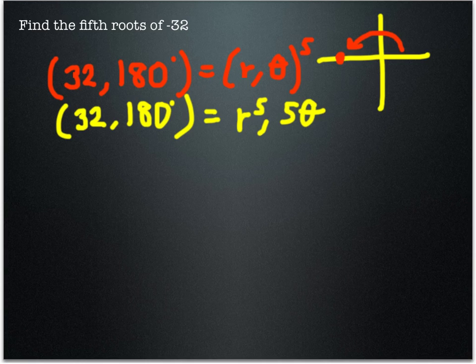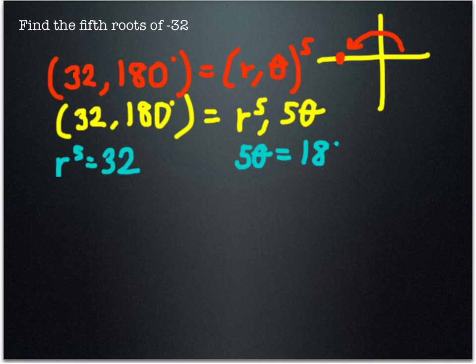Now, when I have these two equal to each other, perhaps you see that I'm going to set the real parts equal to each other, and then I'm going to set the angles equal to each other. So first of all, I'm going to change colors here again. So do you see that I'm going to have r to the 5th equals 32. Those are the real parts, so to speak. And then I'm going to have 5 theta